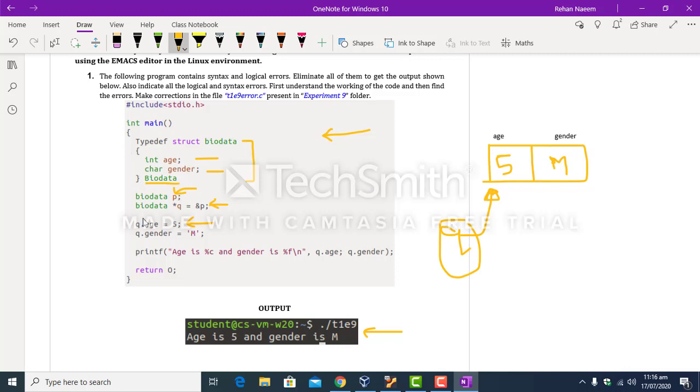So there are some errors present. Eliminate all of them so that you could store and print the values of the structure using pointer q.